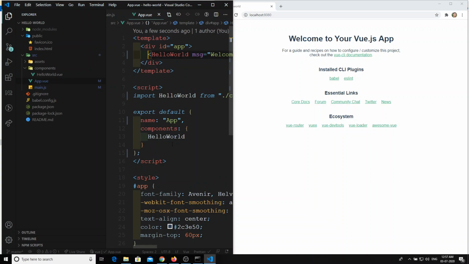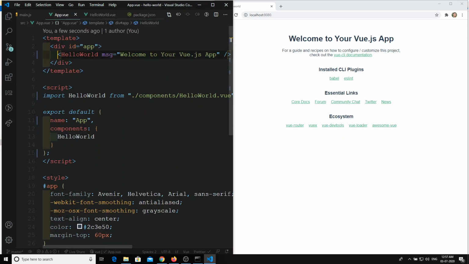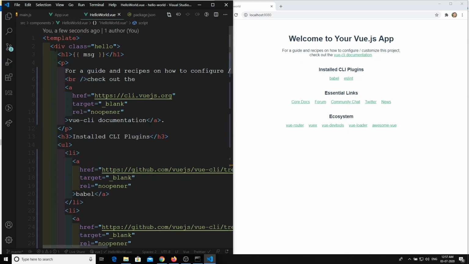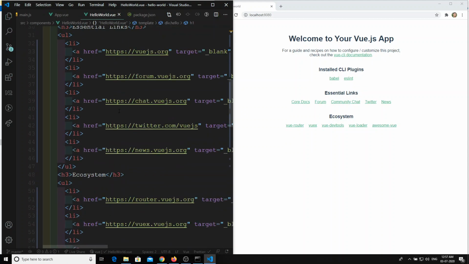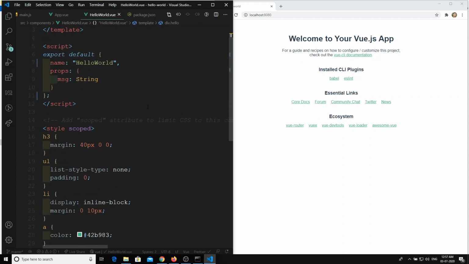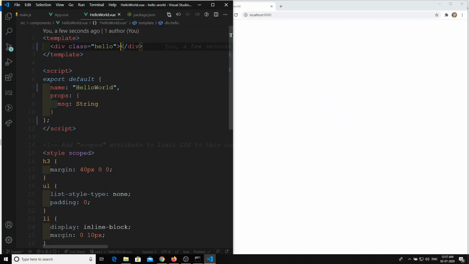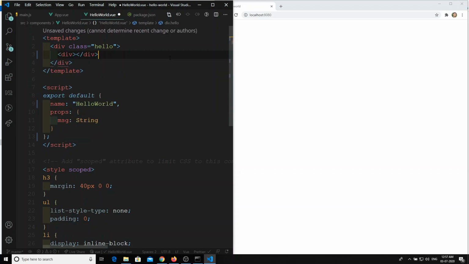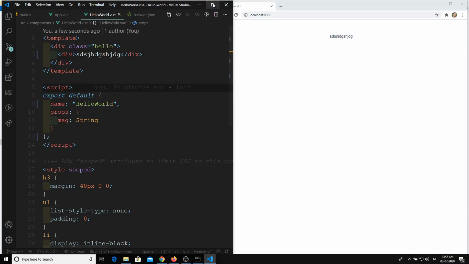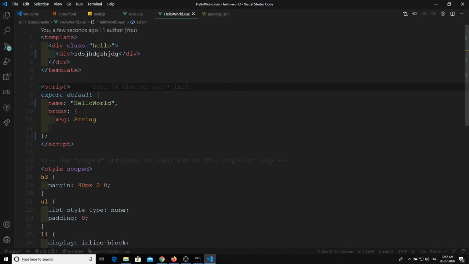If you see the code, this is the hello world component. Now I will remove all the code I have here. Once I remove all the code, everything is immediately gone. Now I will write something, so you will be able to see the output. See, this is the project structure. Now you are able to see that it has some template.